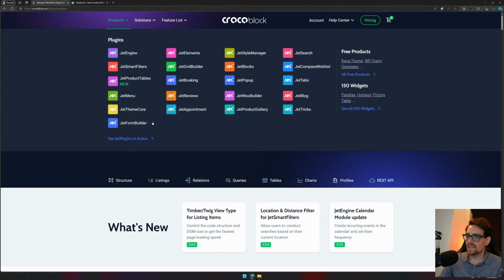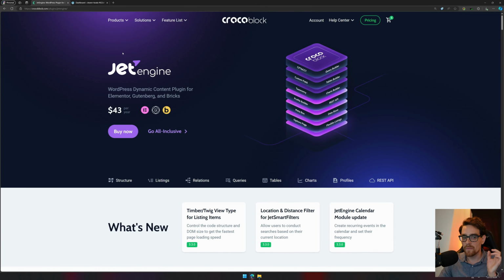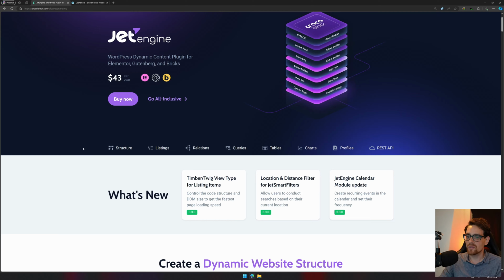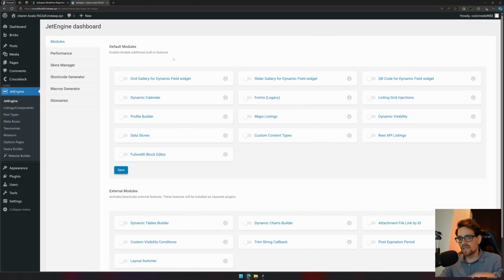And for dynamic data, I love to use a plugin that is called JetEngine. So let's take a look at JetEngine. So this is JetEngine. It's made by Crocoblock, and it allows you to create a structured listing, relationships, and all those good stuff. So as you can see, I've installed JetEngine, and the first thing I always would do is